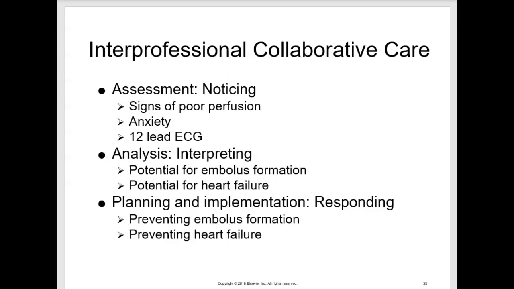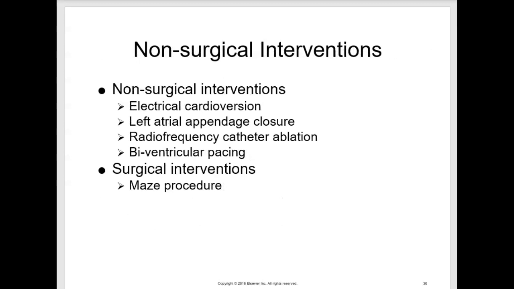Non-surgical interventions most commonly include electrical cardioversion, left atrial appendage closure, radiofrequency catheter ablation, and pacing. So first we'll talk about electrical cardioversion. Electrical cardioversion is a synchronized countershock that may be performed to restore normal conduction in a hospitalized patient with new onset AFib. The cardioversion can be scheduled electively for stable AFib that is resistant to medical therapy. When the onset of AFib is greater than 48 hours, the patient must take anticoagulants for 4 to 6 weeks